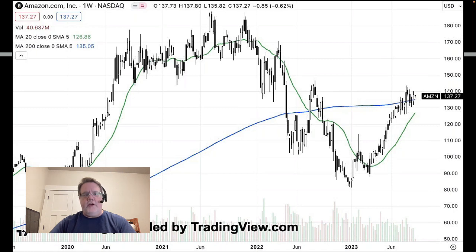It does beg some questions about where the stock's potential upside is, as well as where the downside might be. If the stock does reverse, if this previous high, which was a little bit above $140, doesn't hold, how far could it go down? That's an open question that we can analyze and we'll take a look at a little bit later in this